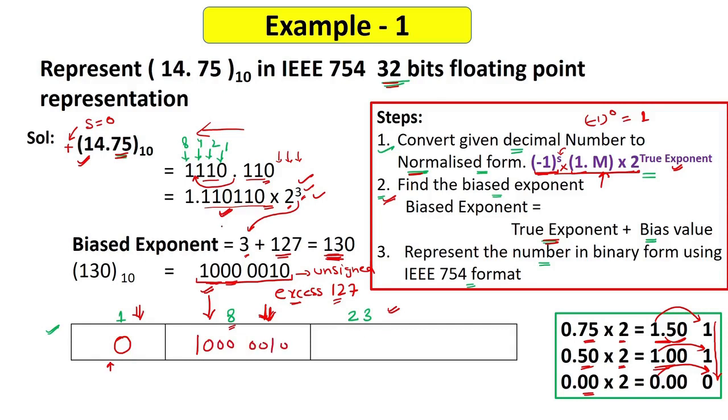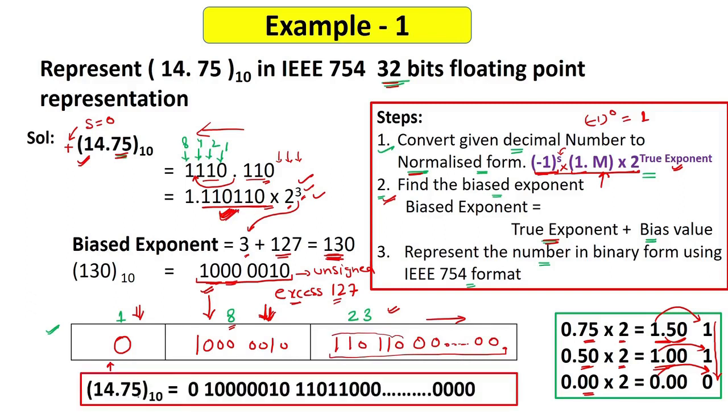Now you have to take care how you store the mantissa, because the mantissa is not of 23 bits here, right? So what you will do, you will first store this answer, right? Now on the right side, you will add extra zeros. Okay. So I have used dots. Dots mean I have appended extra zeros. So you can assume that these are total 23 bits. So this is my this part. And these are the extra zeros.